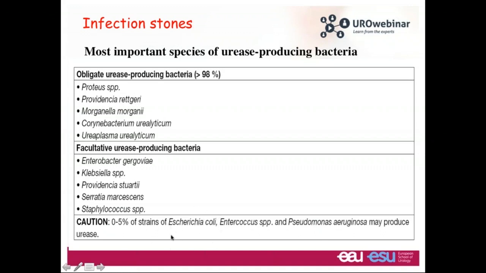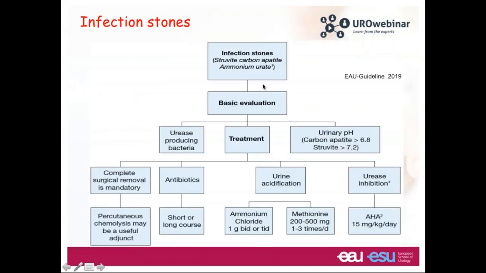E. coli does not. It's not that common, but it can happen. So if you have an infection stone, it can be either struvite or carbonate apatite or ammonium urate. And ammonium urate we will discuss with uric acid stones. So if you operate on a patient and the patient has an infection stone, then you do the basic